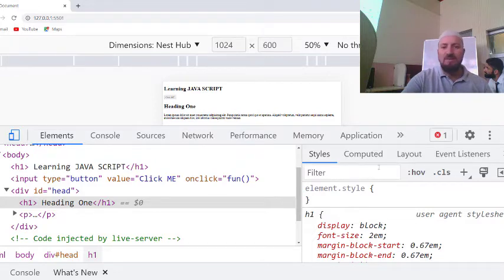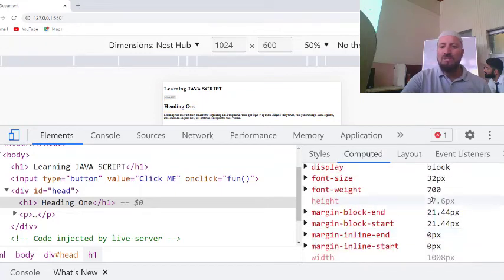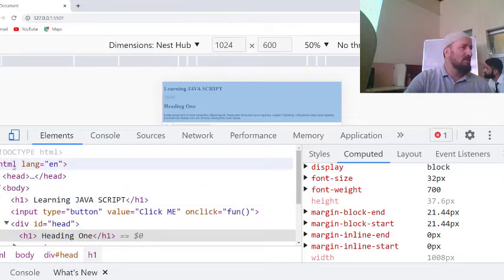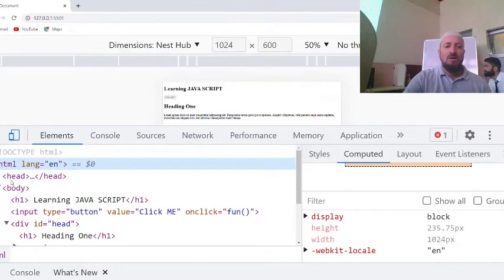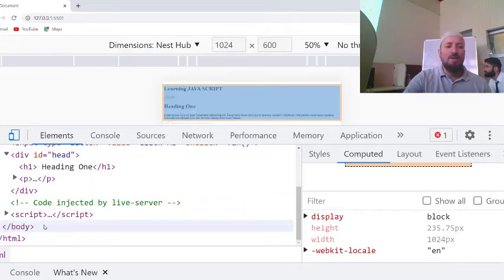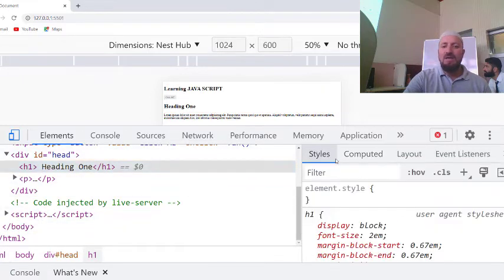2em. So what does that mean? And if you say computed, the font size is 32 pixels. So where does it come from? We understand the em, क्योंकि बाय डिफॉल्ट जो आपका HTML का बेस फॉन्ट होता है, वो 16 होता है। कितना होता है? 16 होता है।